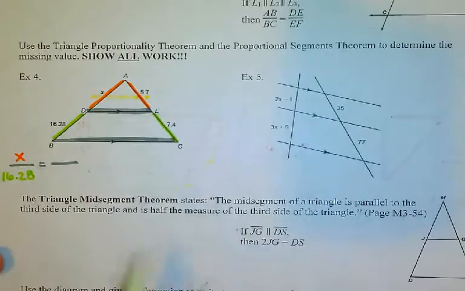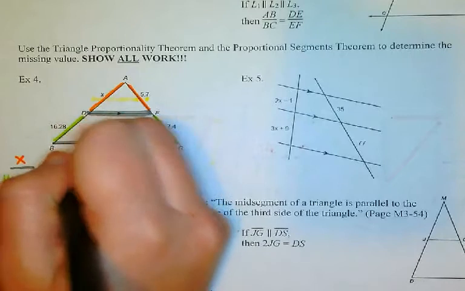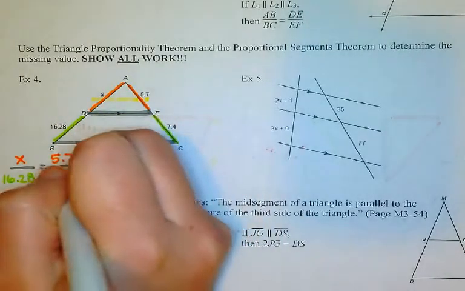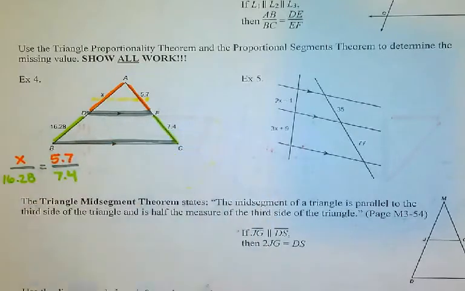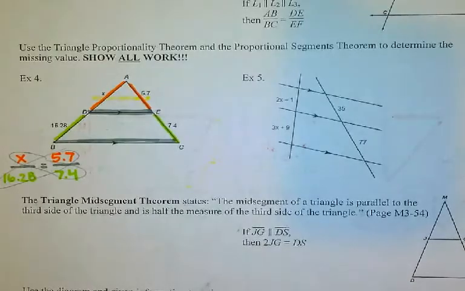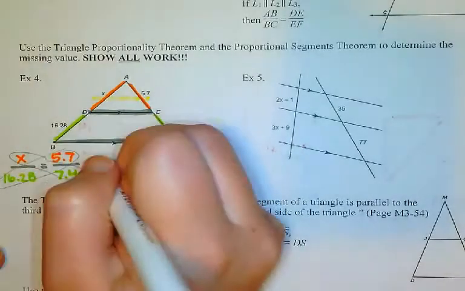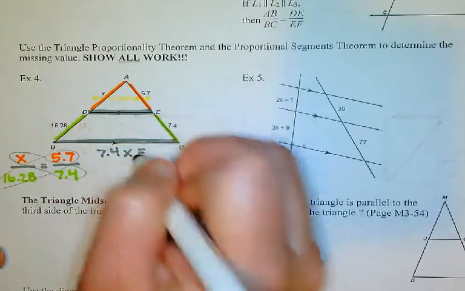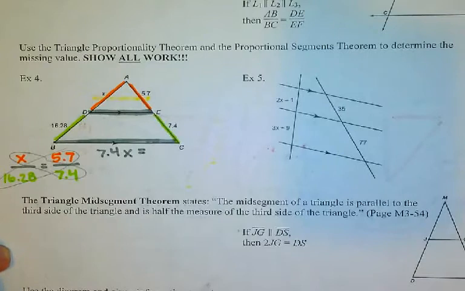And then on the other side, I'm going to have 5.7 over 7.4. Alright, again, cross multiply just like we're used to. And so we're going to get 7.4x equals